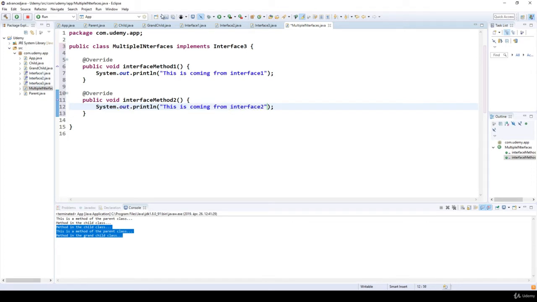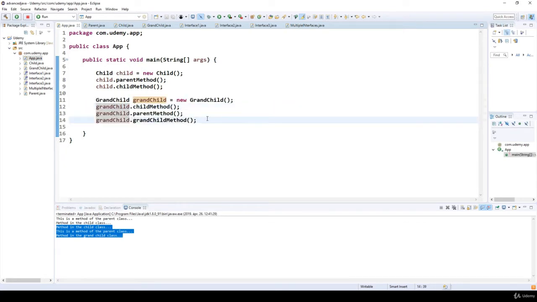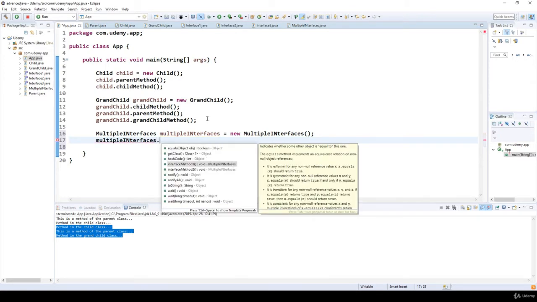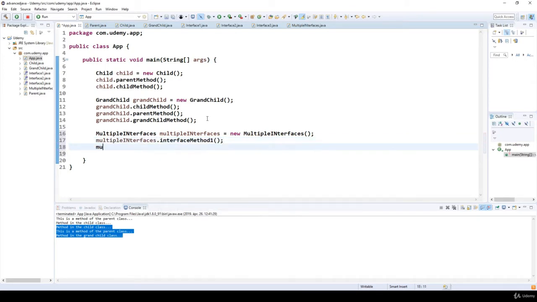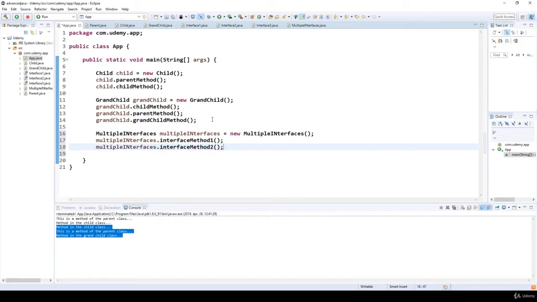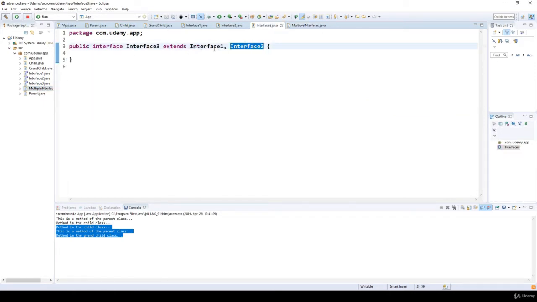So whenever I save it and instantiate a new multiple interfaces like this, then we are able to call the multiple interfaces.interface method 1 and multiple interfaces.interface method 2. Why? Because this multiple interfaces class implements the interface 3, but the interface 3 extends interface 1